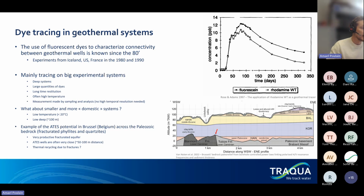aquifer, actually. But in this city, the wells are often very close because the footprint of the project in the city is reduced. And so the question was, what about the thermal recycling due to the fractured aquifer where wells are implemented? On the left, you have a typical cross-section of the geology in Brussels with the